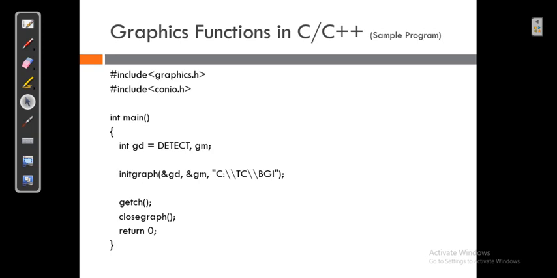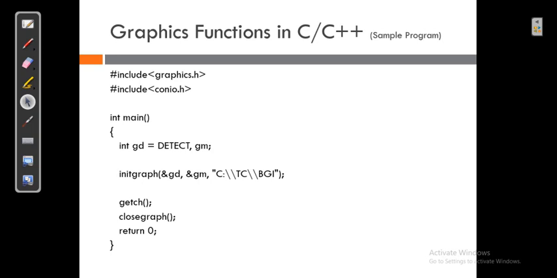You may have a distribution of C++ where the BGI files are located along with the library files or bin files, if you do not have any subfolders in your C/C++ folder. Otherwise they are located in a BGI folder. Once I have called this initgraph function, my system will work in graphics mode.